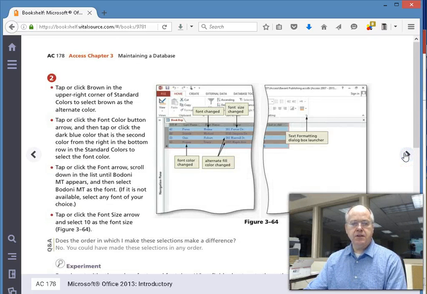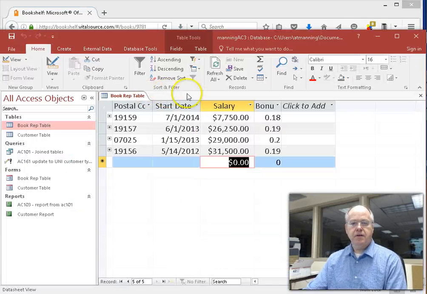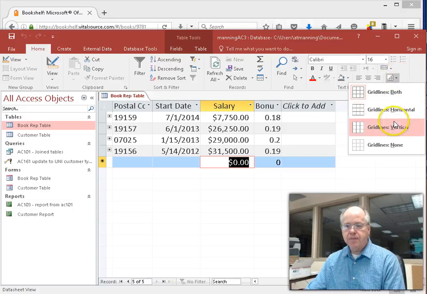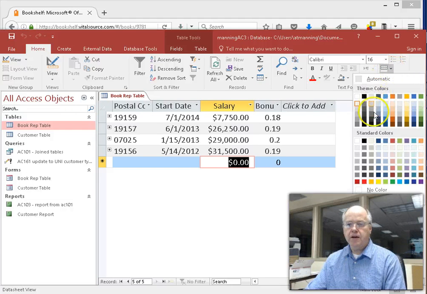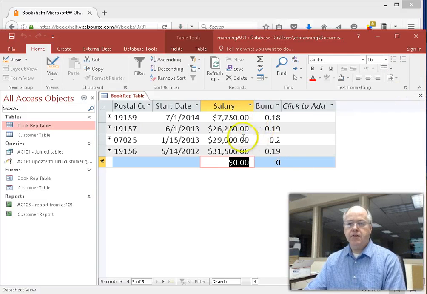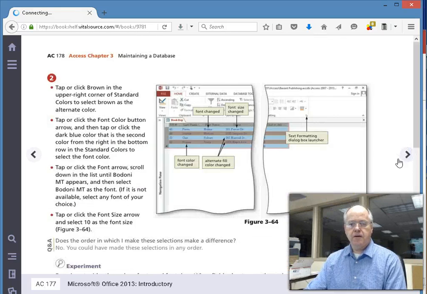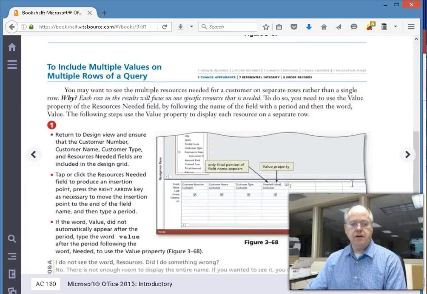Adjusting grid lines. Oh, let's try that. I can go to my table, and in the grid line part of it, let's try that here. I haven't done this recently. So right here, I can show, oh, that's not the grid lines. Where's my grid lines? There we go. And I could alter my shading. See how it alternates your rows. And we've already changed font to enlarge it. And I think, let's see here,